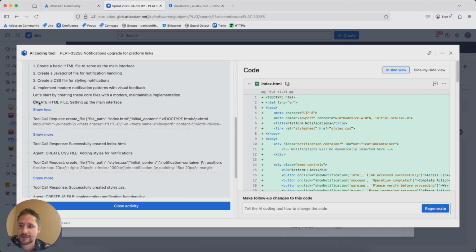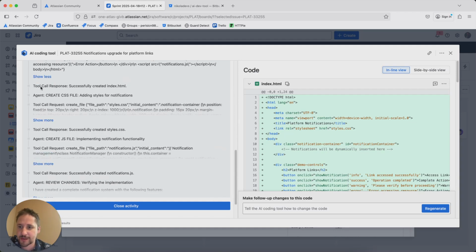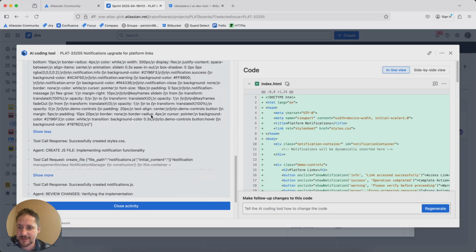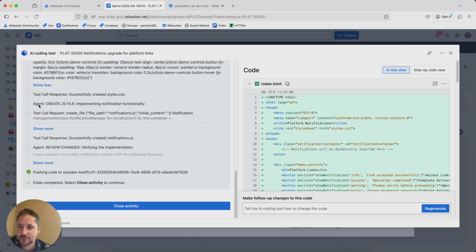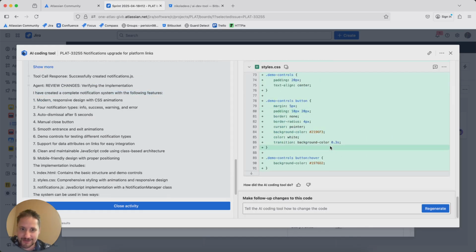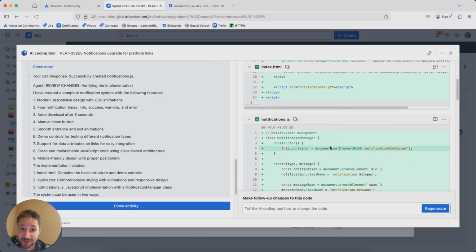Okay, and it indeed created the HTML file. Interesting. Then there was a creation of the CSS file, and there was also the creation of the JavaScript file. Okay, so this is pretty interesting here because it creates all the code for you. And then